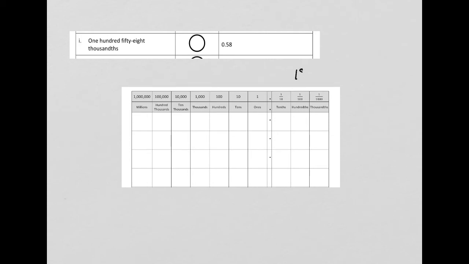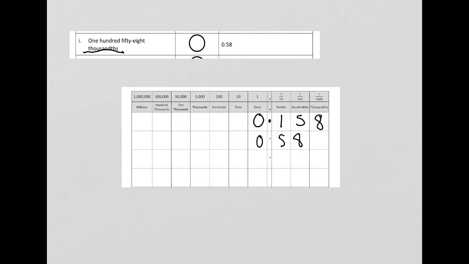It's just 158, and it's ending in the thousandths place. So that means the 8 should be in the thousandths place. And we can put that leading 0 in there to make it nice and clean. So 158 thousandths is 0.158. And I'm comparing it to